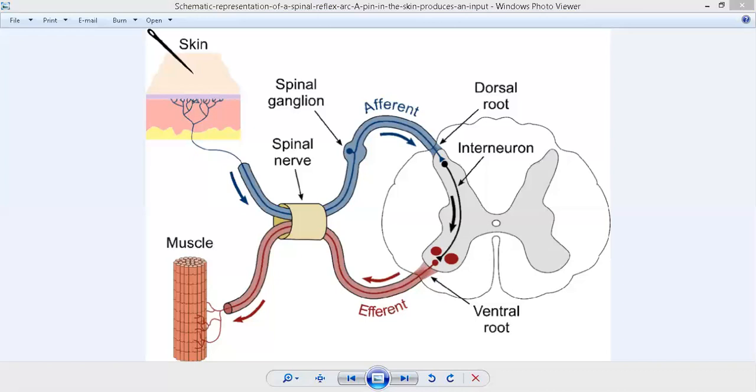The definition of dermatomes and the stretch reflexes are all very important. One thing which is not mentioned here, you should write it in your book. The receptors for the stretch reflex are muscle spindles. Write it down in your book that the receptor for the stretch reflex are muscle spindles.